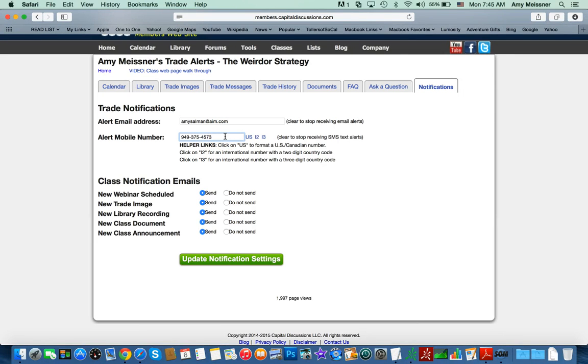And then for the SMS, receiving the trade alerts as SMS text alerts, you would enter your mobile number here, and again, leave that blank if you don't want to receive SMS text alerts. There are 3 different formats, and you want to make sure that you enter the correct format. If you're in the United States or Canada, you've got the 3-digit area code and phone number, and if you're not sure how to format